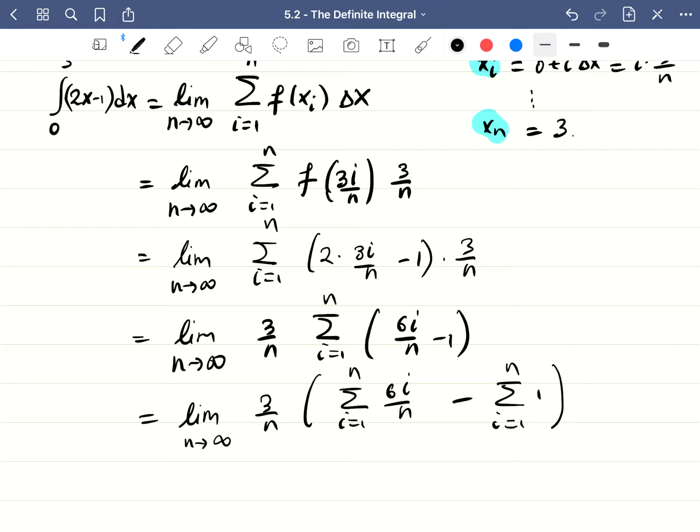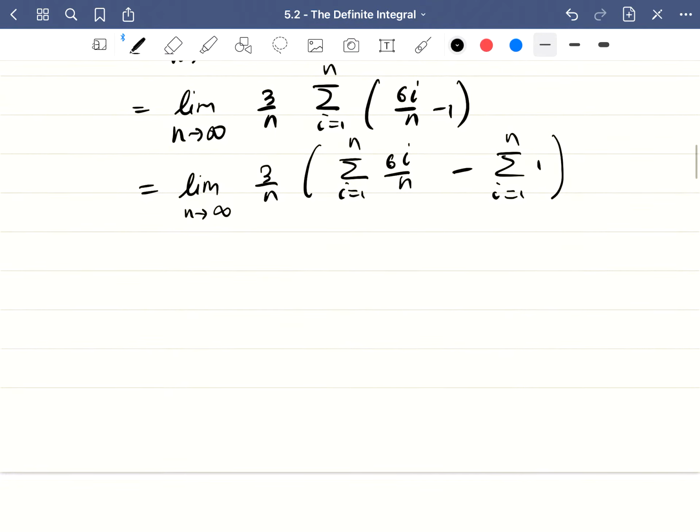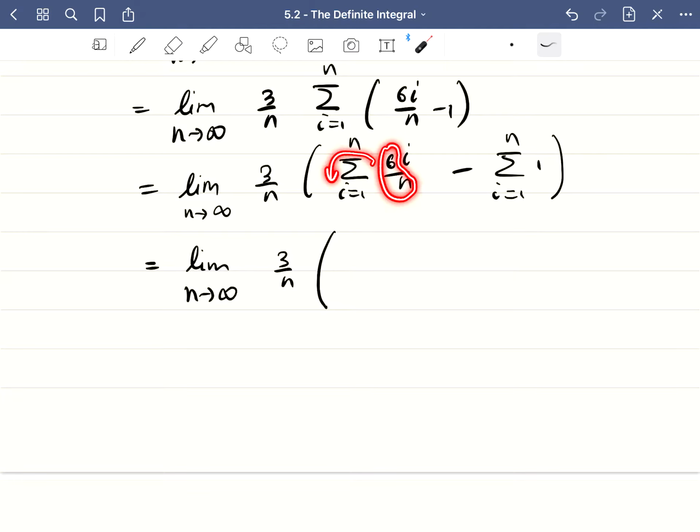Okay, the sum of a difference is the difference of the sums. So this is equal to the limit as n goes to infinity. You have 3 over n. Now again, since 6 and n have nothing to do with i, you can bring 6 over n in front of the sum. So you have 6 over n times the sum i from 1 to n of i